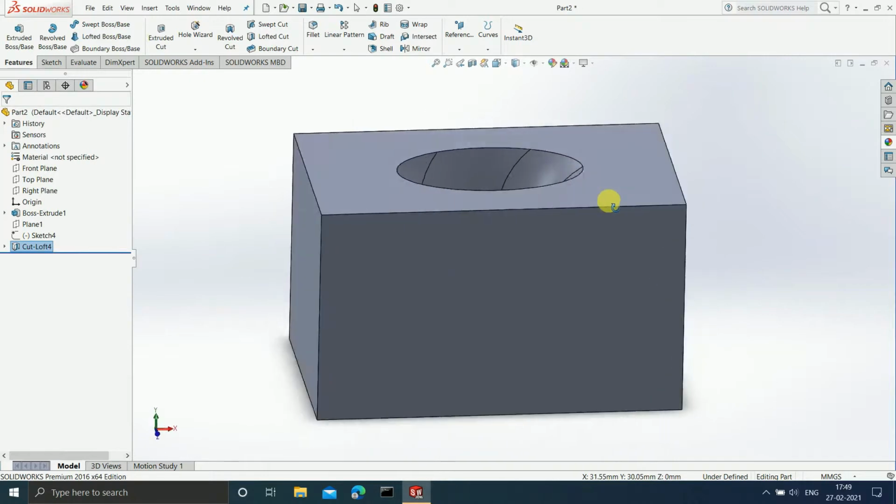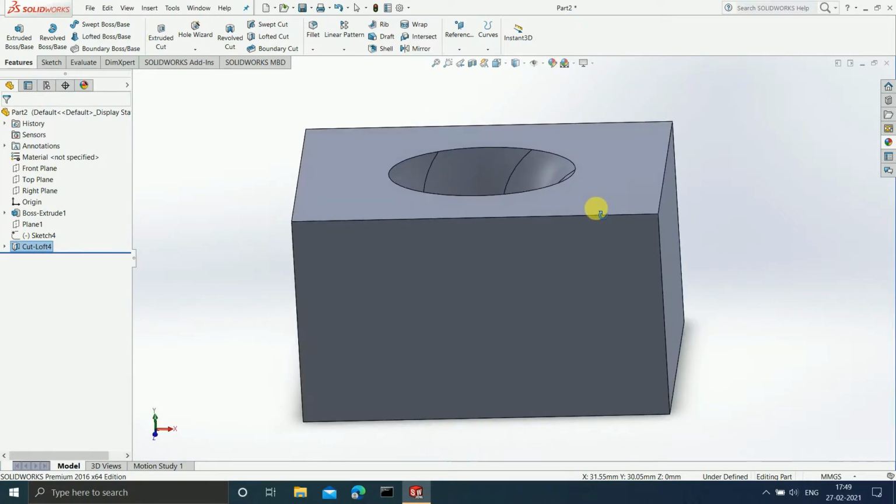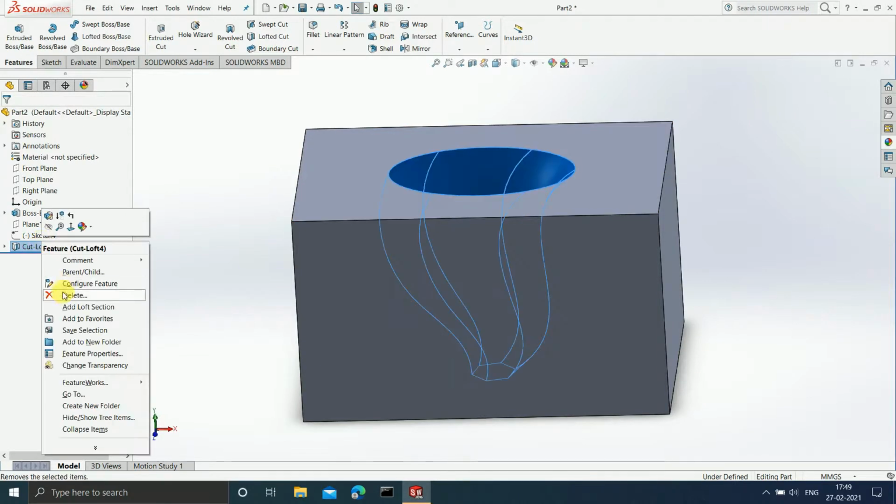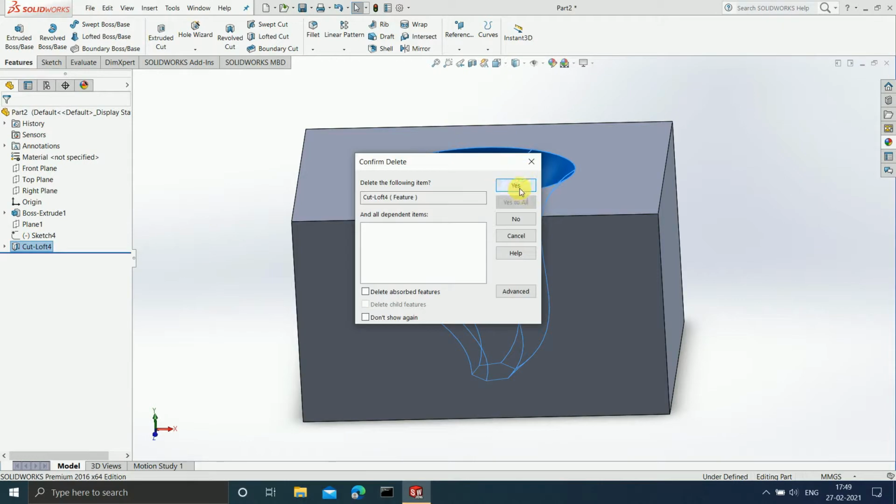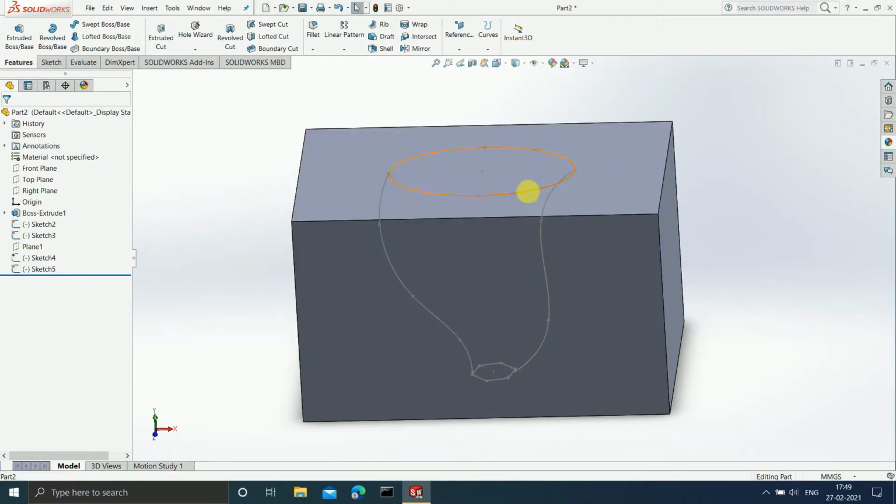Now after this is done, I would like to explain to you all the center line parameter, and for that I want to delete this feature. And I'm going to delete or hide all these sketches as well. Hide it. I don't want all this sketch. I want to show you all a different sketch here, and this is a very important parameter that I am going to show you all, the center line parameter.